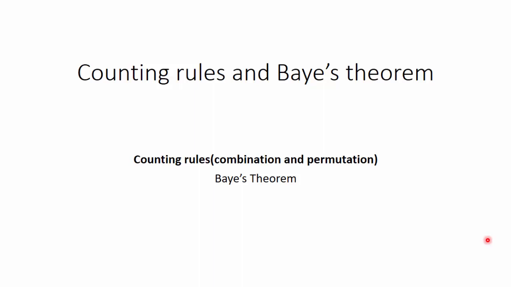Hi, welcome to Module 5. We'll be looking at counting rules and Bayes' theorem in this module. We'll start with looking at counting rules, combinations and permutations, before which we would like to understand factorials, the arrangement